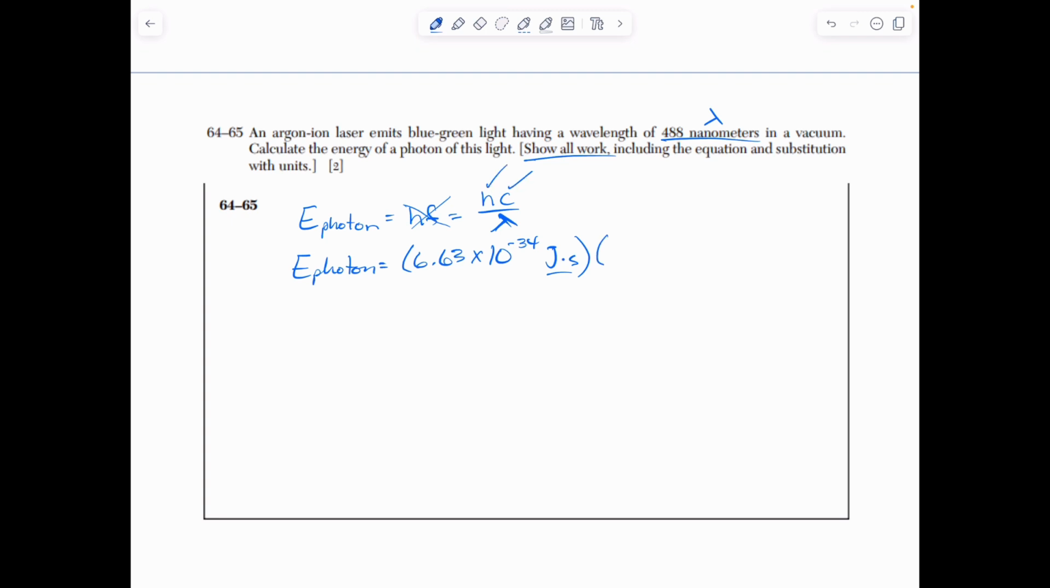C is the speed of light in a vacuum, which is 3 times 10 to the 8th meters per second. Okay. And then it's all divided by our wavelength. Here's the tricky part though. This is nanometers. So 488